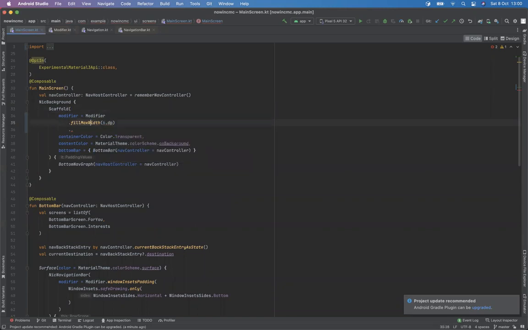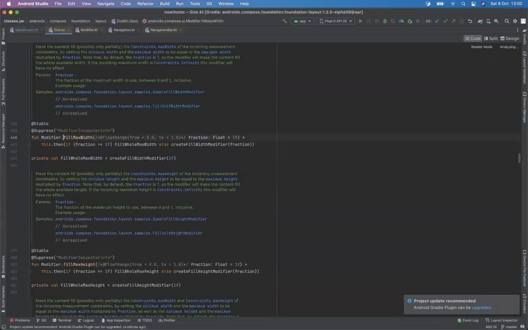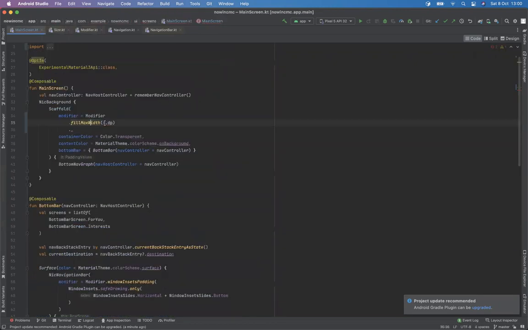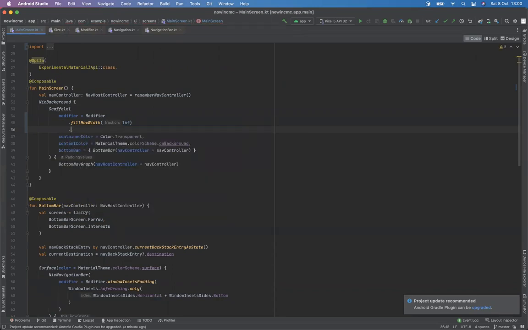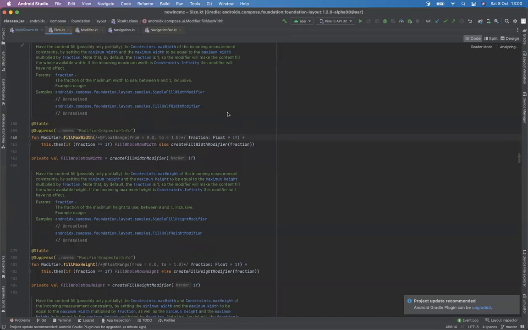What does it take to max width? It's float 16 or something. Okay. Yeah, you can keep on going. Alpha, carrying on, things like that. Yeah. Modifier dot,